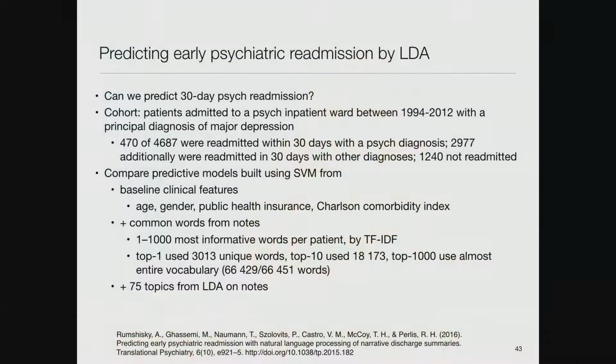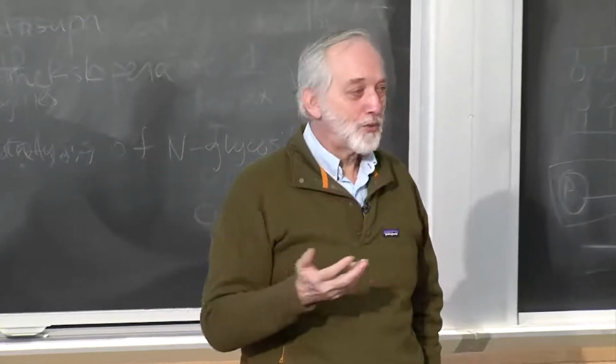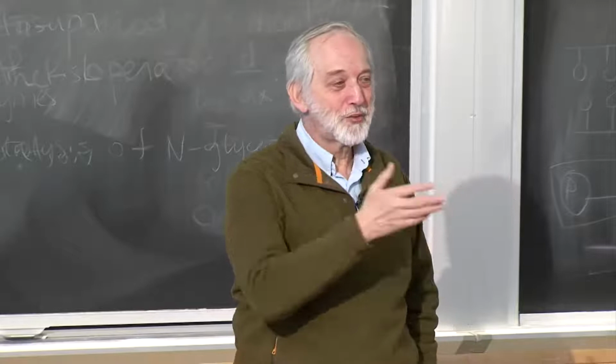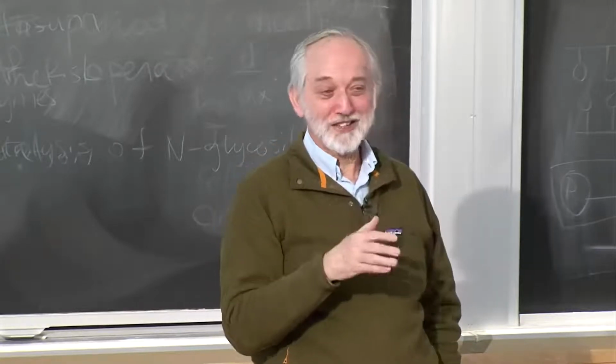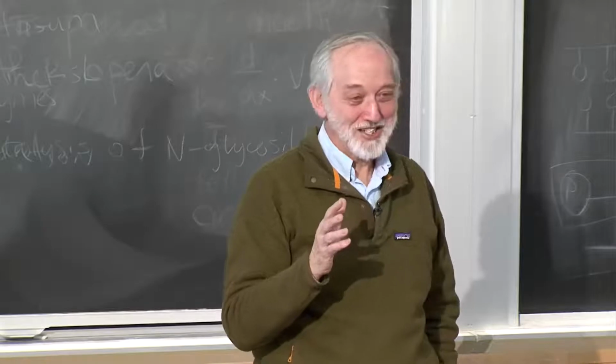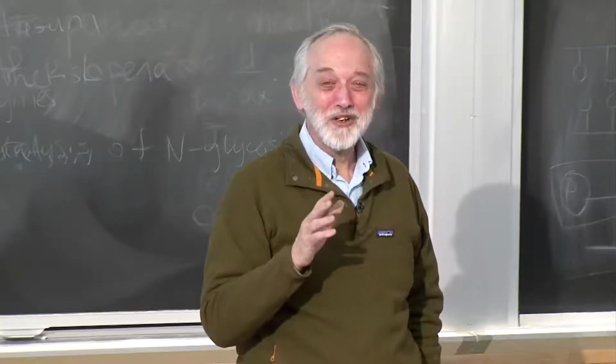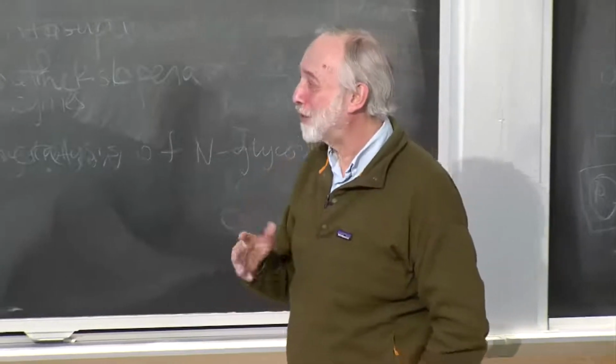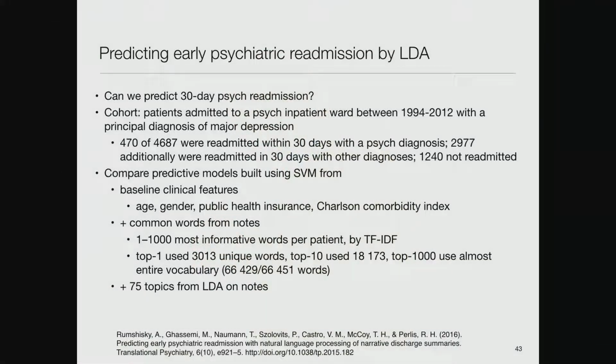So here's another approach. This was something we published a few years ago, where we started working with some psychiatrists and said, could we predict 30-day readmission for a psychiatric patient with any degree of reliability? That's a hard prediction. Willie is currently running an experiment where we're asking psychiatrists to predict that, and it turns out they're barely better than chance at that prediction. So it's not an easy task. And what we did is we said, well, let's use topic modeling. And so we had this cohort of patients,